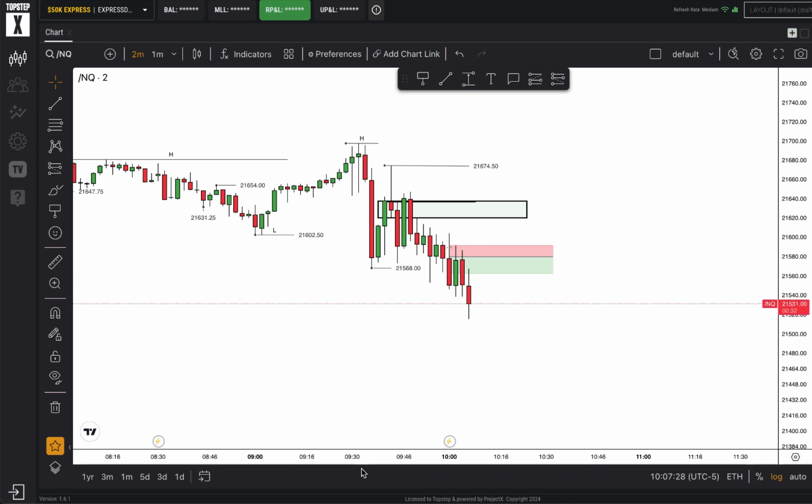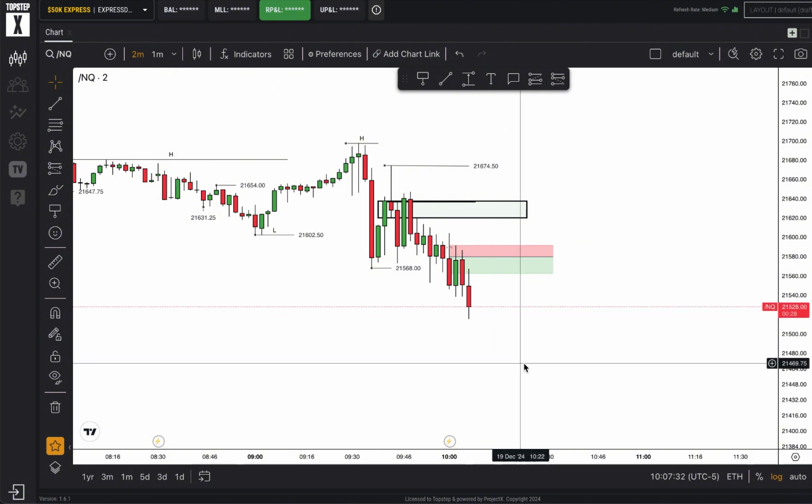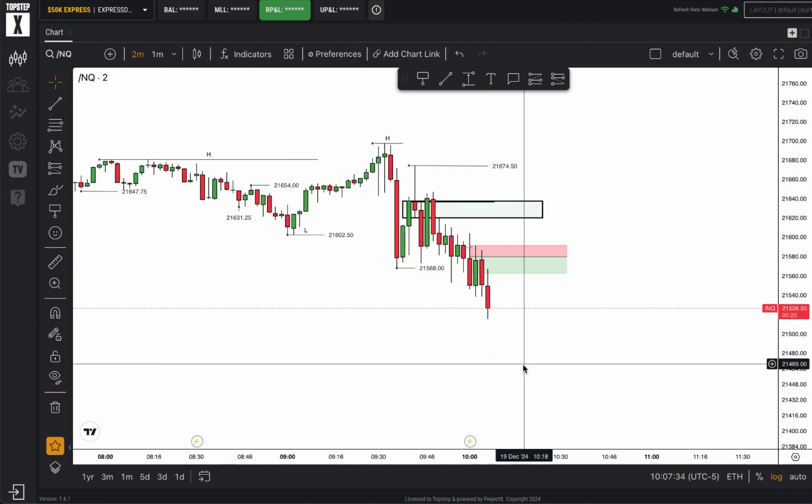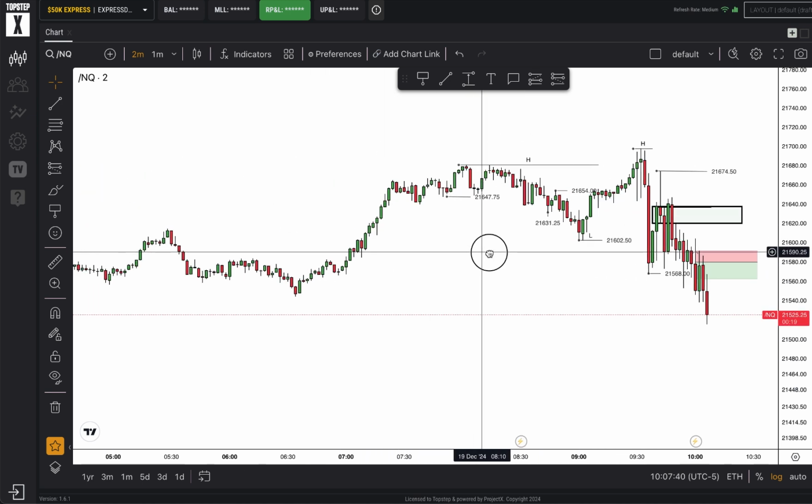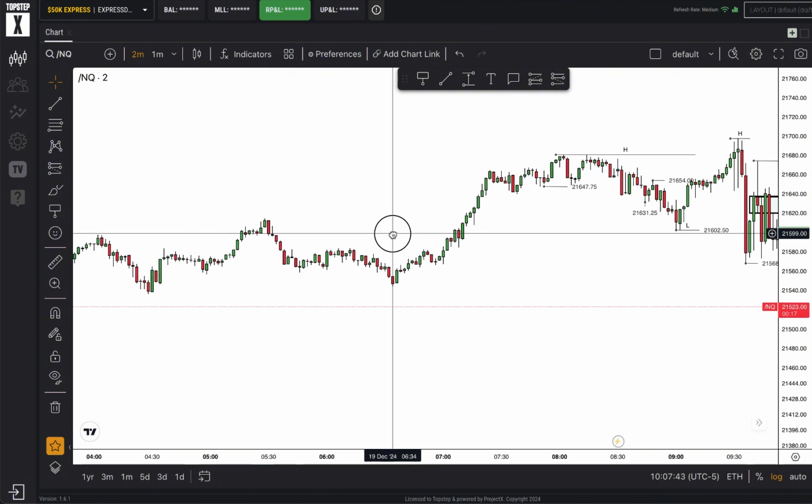Today was a really weird day in the market, all right? But I want to talk about the trade I took on my personal account this morning, and then I'm talking about the trade that I took in my Express account in Top Step. So let's go back to 7 o'clock this morning, okay? So 7 this morning,